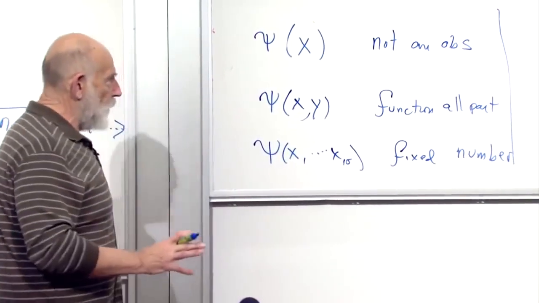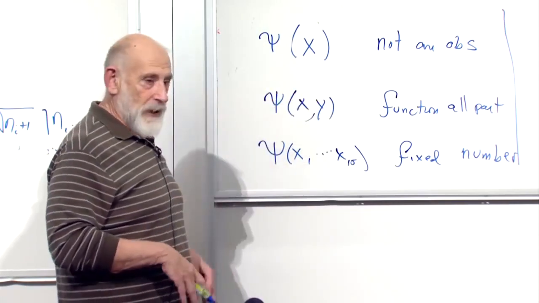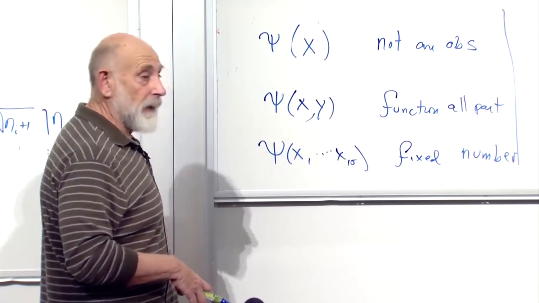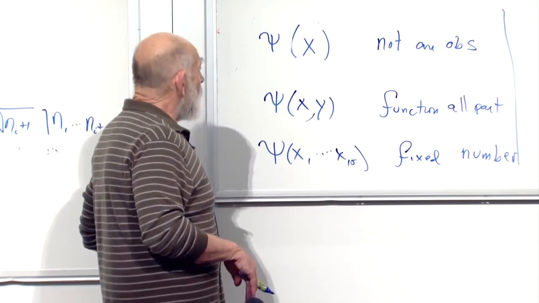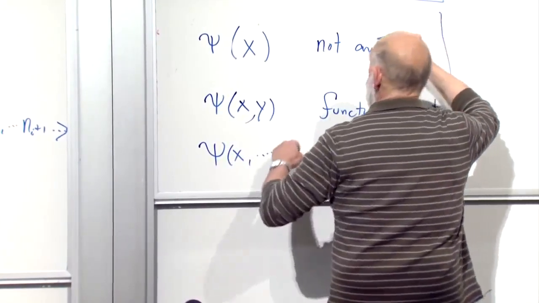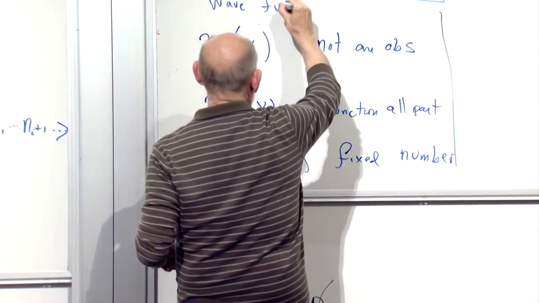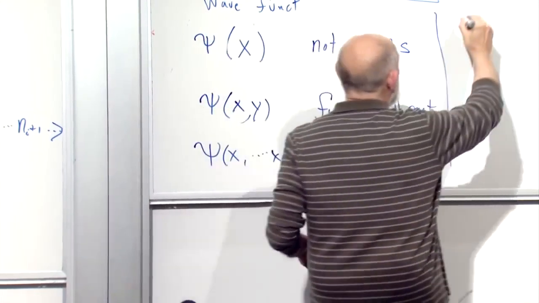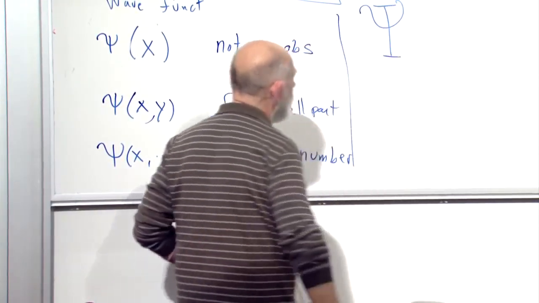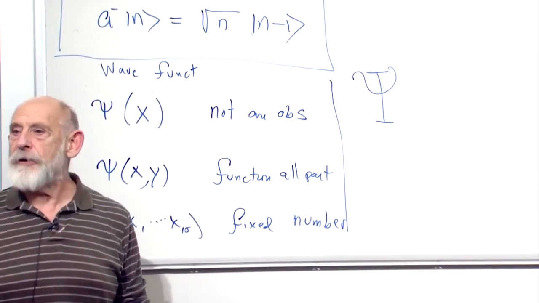By contrast, I'll tell you what a quantum field is, and in many respects it's everything that this is not, although we tend to use the same notation for it and it's closely related. Okay, first of all, these are wave functions, and they represent state vectors. Capital Psi is different. Number one, it's an observable. It's a thing you can measure.